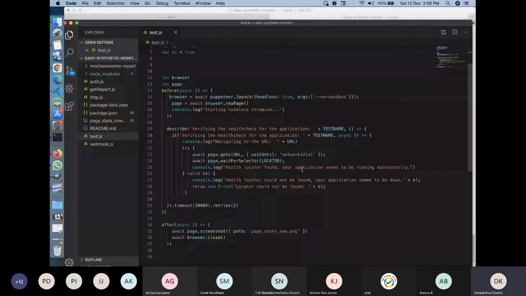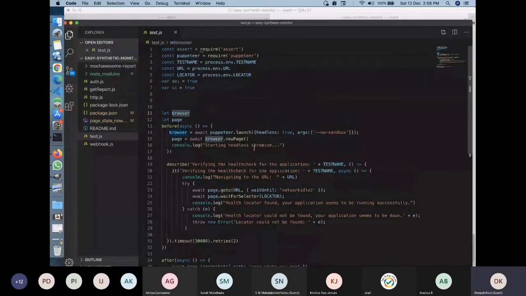As I said, there is a difference between using retries in a synthetic check versus using retries in an actual functional testing test suite. All right, so you can see this is very simple.